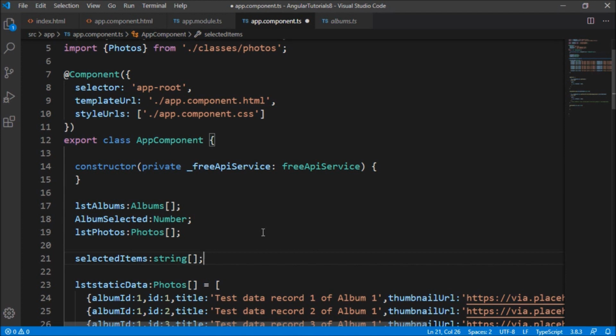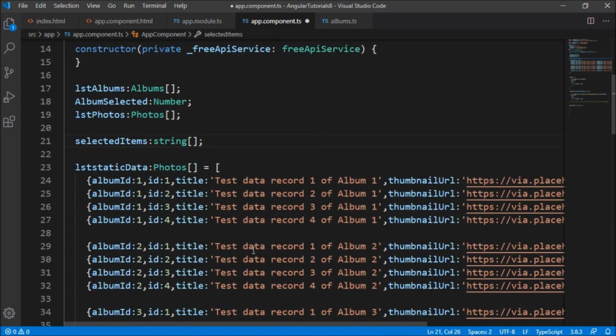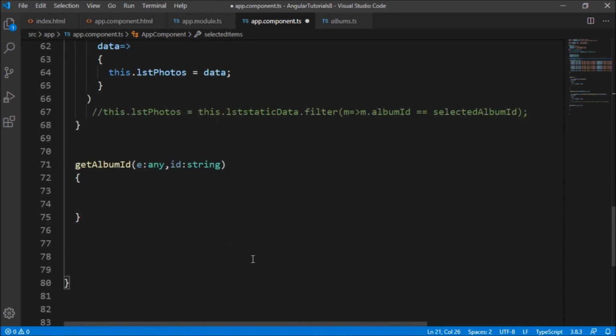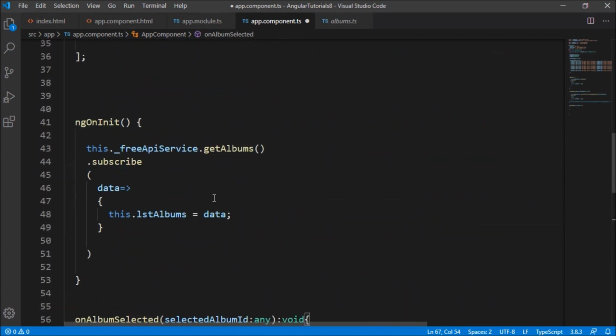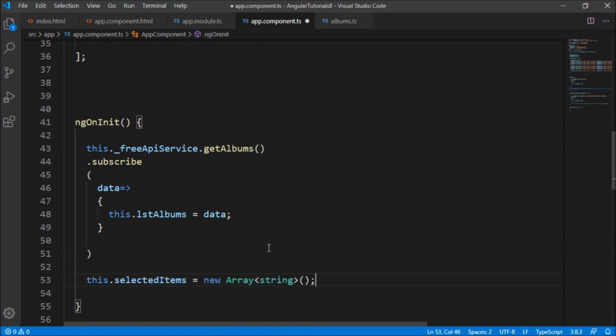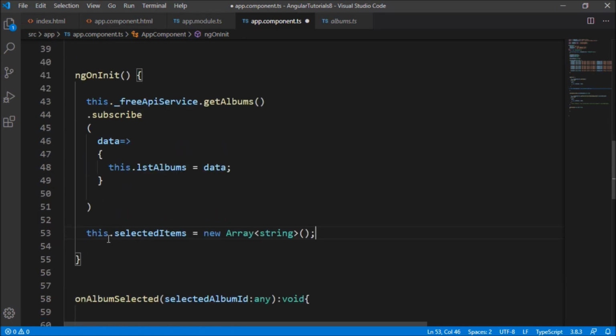In this string array we are going to save the selected items. In ngOnInit, we are going to initialize this selectedItems. You can see here we are initializing selectedItems equal to a new array of type string.